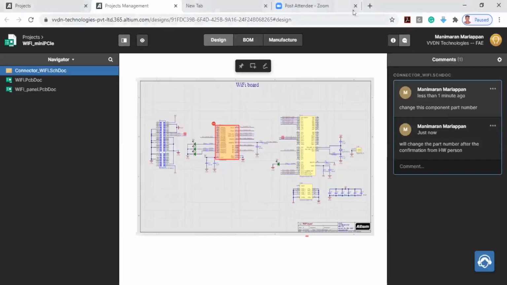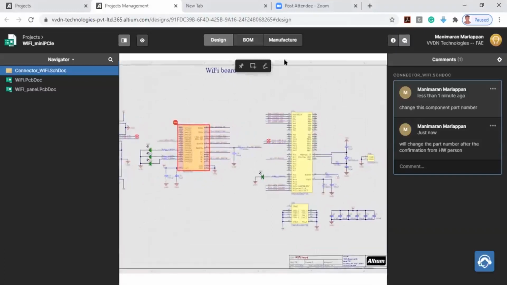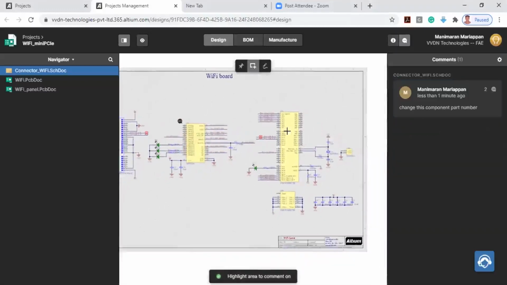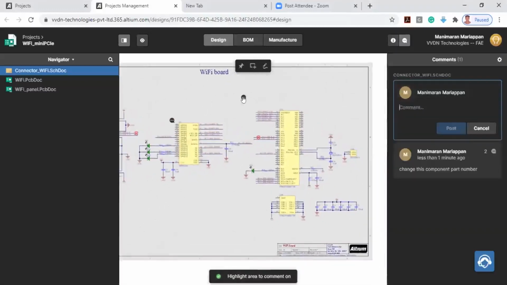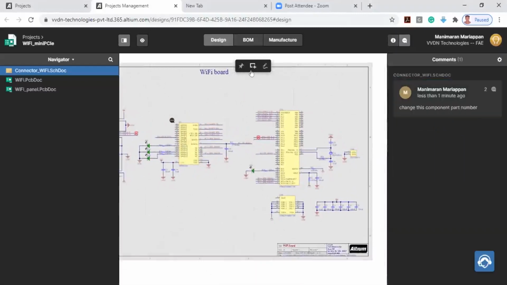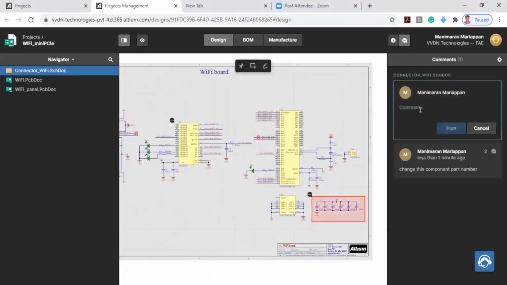So this is a browser window, so your manager or your customer can view. And suppose they want to mark some complete area, for example, just marking these areas. Check the capacitance values.